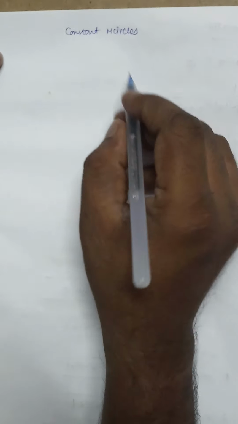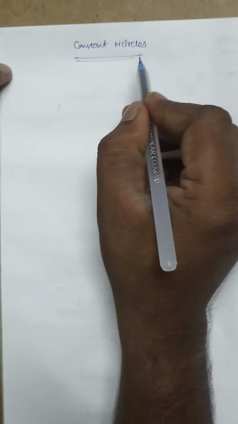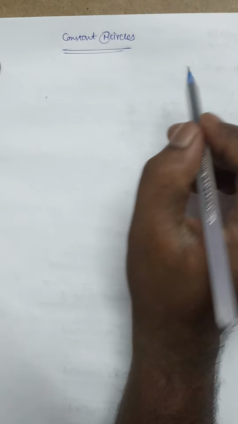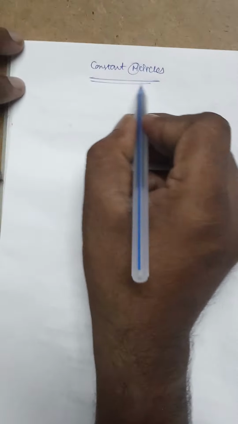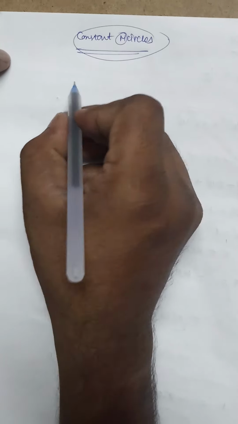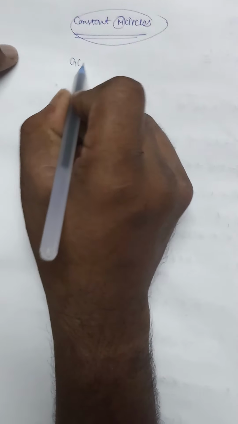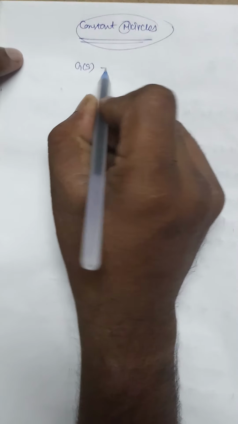Constant M circles and constant N circles. Constant M circles represent the magnitude. M is nothing but the magnitude circles. Constant N circles represent the phase angle circles. Okay, constant M circles. So let us take G(s) as the open loop system transfer function,